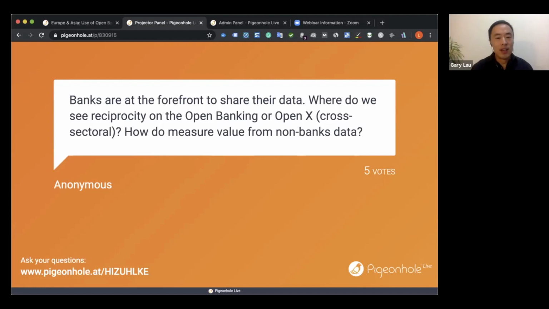Yeah, sure. In terms of measuring the value, I think sometimes it's not just about the data itself. Looking at the cases I've dealt with in Hong Kong, it's really about what else different organizations can do to help each other, so the go-to-market strategy. If I'm sharing data with you, then what is the value added to the end customer? Obviously, it would be great if you also have valuable data to share back and help me on credit models,